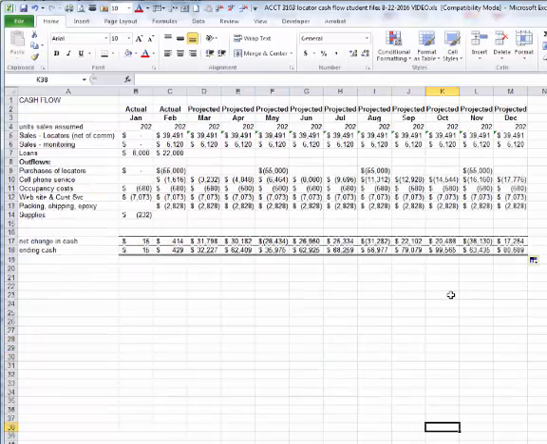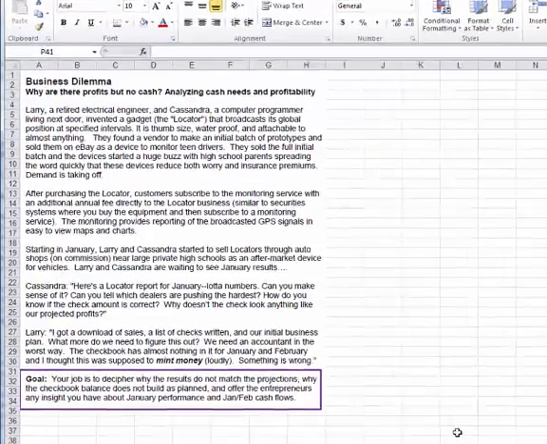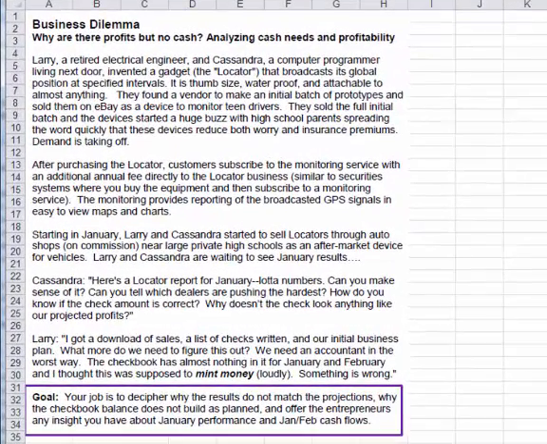So now what you want to do is take this information and digest it and explain to your client, going back to the dilemma, what can they expect in terms of cash flow? What can they expect in terms of profits? Will they always be dramatically different? Will they be able to repay the loan? If so, when? And other things you think might be on their mind.